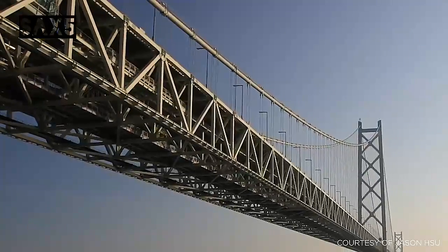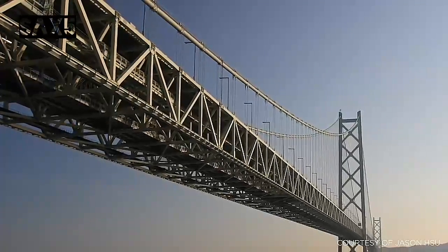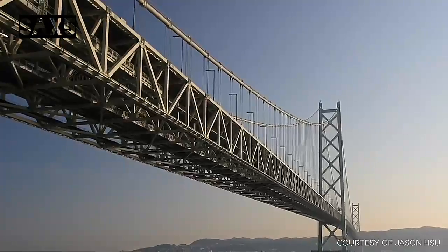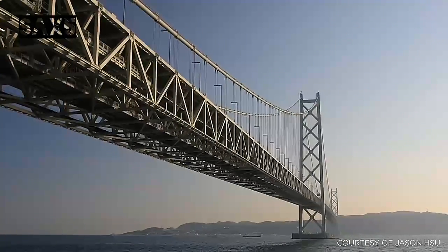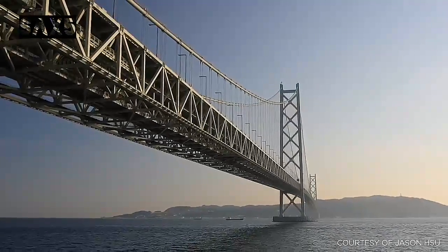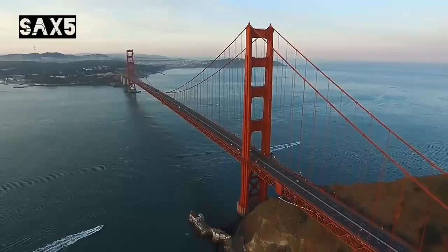A dual-hinged stiffening girder system and tuned mass dampers in each of the two support towers of the bridge mean it can withstand 286 km/h winds and earthquakes measuring as high as 8.5 on the Richter scale. Built at a cost of $3.6 billion, the Akashi Kaiko Bridge remains one of the most expensive bridges,